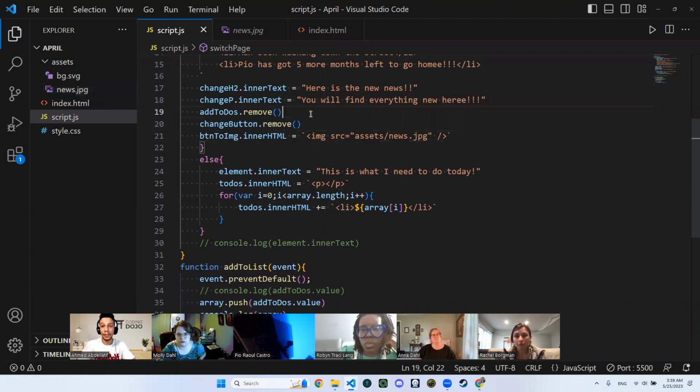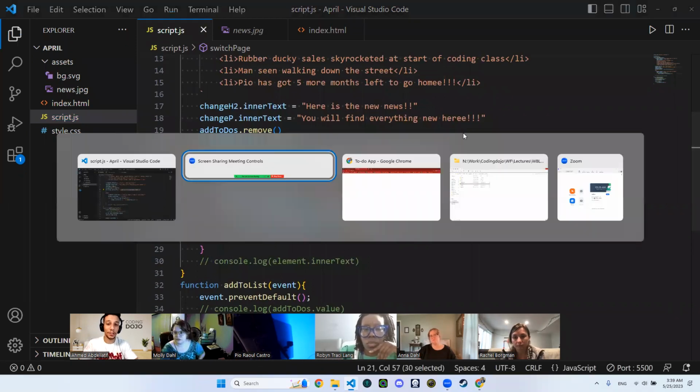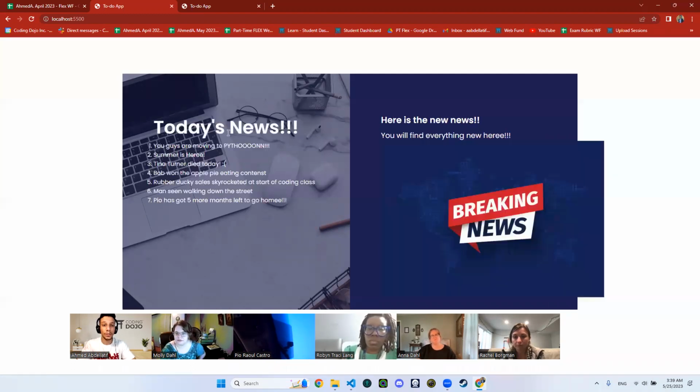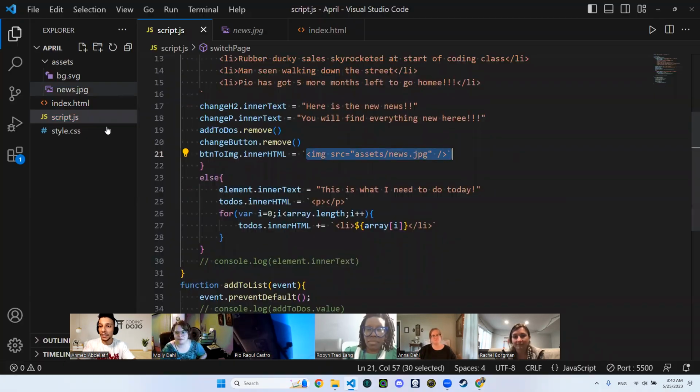So we removed the text area. We removed the button. We changed the inner HTML for the button with our image. I think it's going to work, or of course it's going to work. So let's see right now. Here we have the text area and the button. When I go to the news, I don't have them and I have the image, but it needs some styling, right? So I already created styling for it